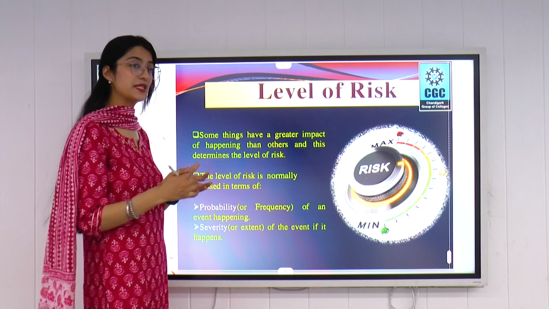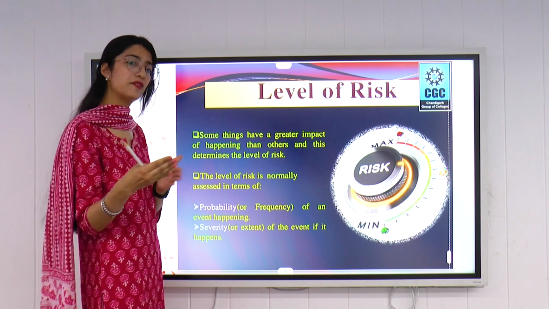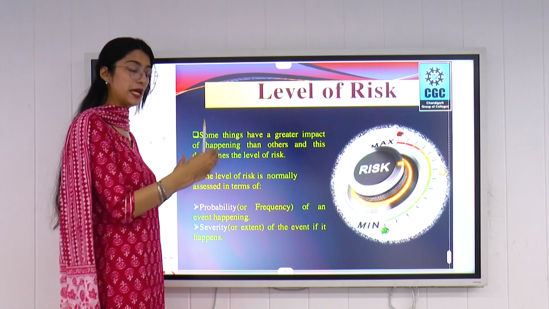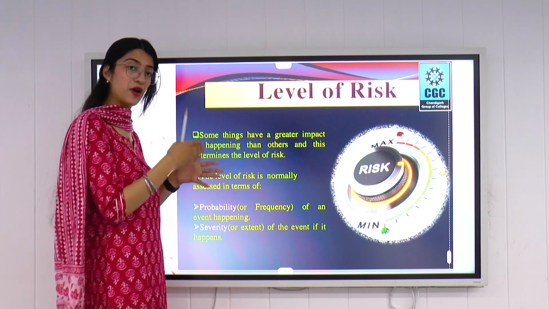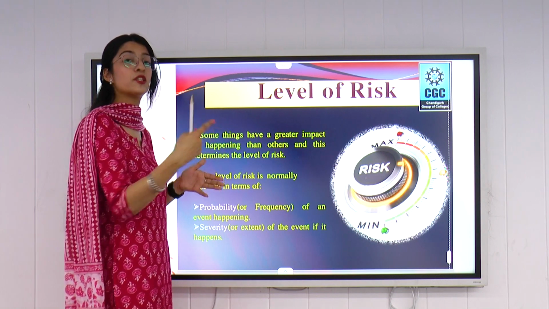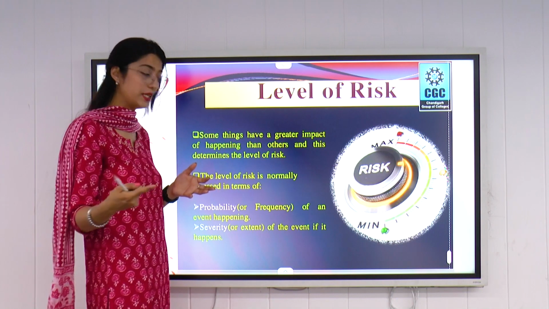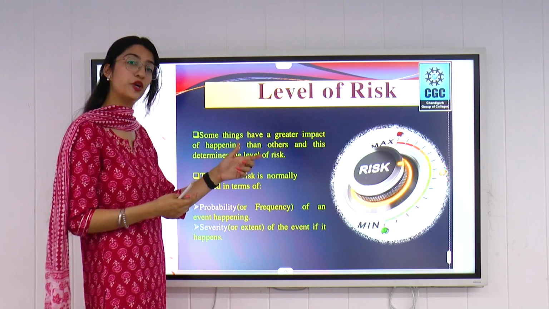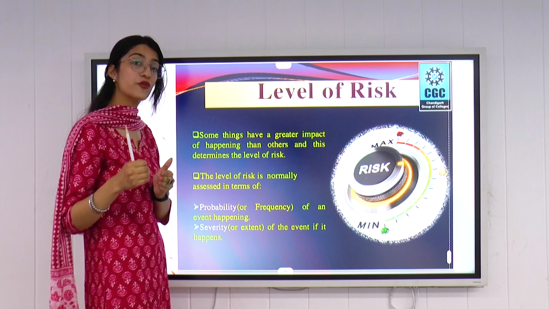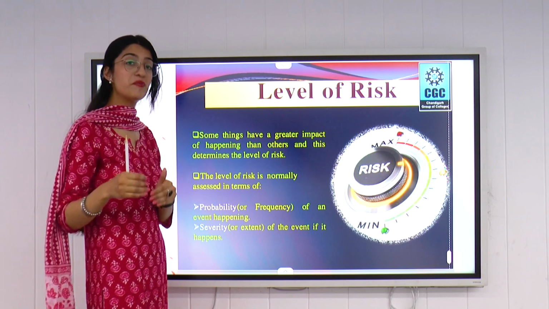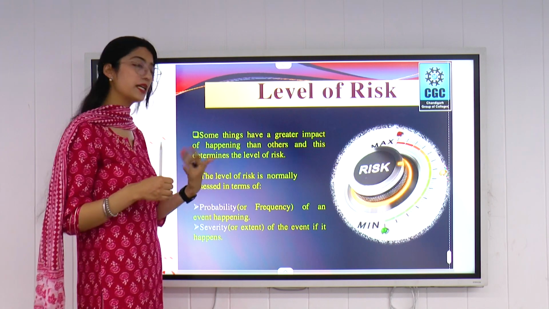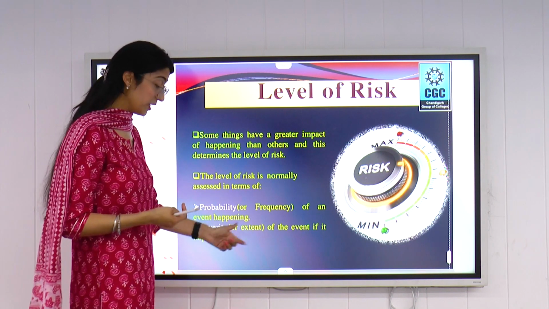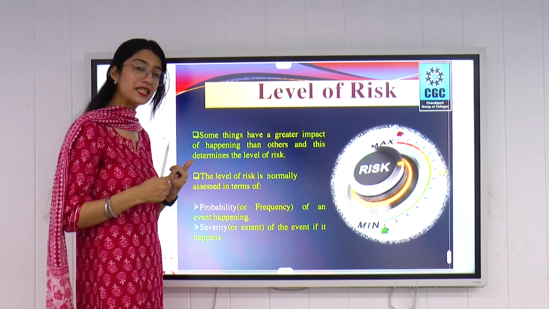Now probability is basically the frequency, how frequently that risk may arise, कितनी जल्दी वो risk हो रहा है। तो अगर कोई भी earthquake prone area है, वहाँ पे risk है कि earthquake बहुत जल्दी frequently आते हैं, tsunamis बड़े frequently आते हैं। So वहाँ पे अगर कोई person policy ले रहा है, उनका premium amount different होगा to the area जहाँ पे earthquakes कम आते हैं, वहाँ पे premium amount will be a bit less, क्योंकि possibility कम है कि वो earthquake बहुत जल्दी frequently वहाँ पे होने वाला है।